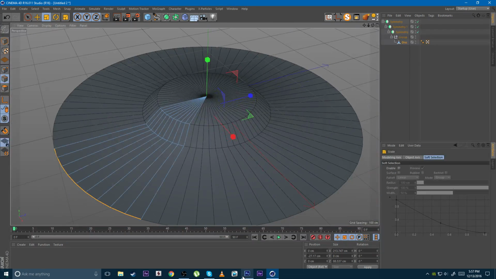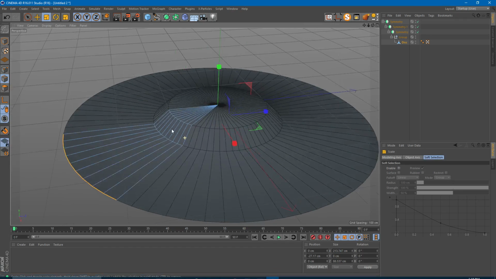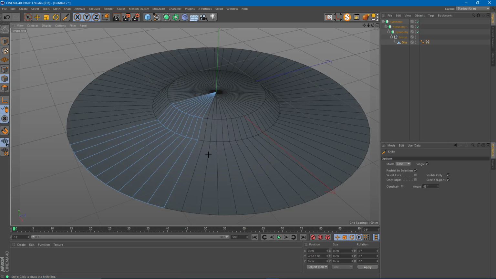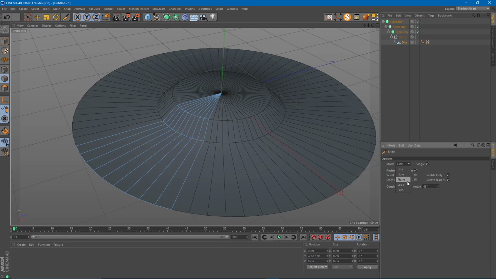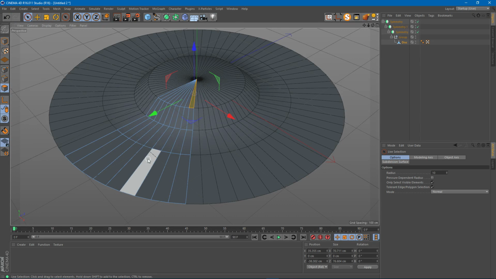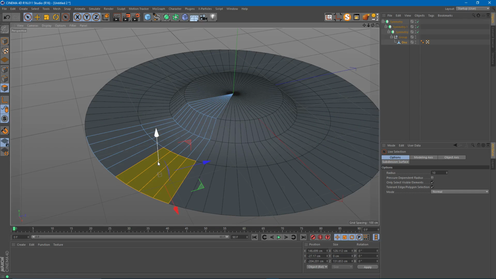And I'm trying to match the area of our object. So I'm looking at the proportion between this area and the platform, and I think this will be fine. And now I can go ahead and press K for my knife tool, select the mode to loop, and I can add a loop maybe over to this side. Alright, and now if I switch to my polygon mode and press space to select my live selection tool, I will grab these polygons over here, and I can just delete these